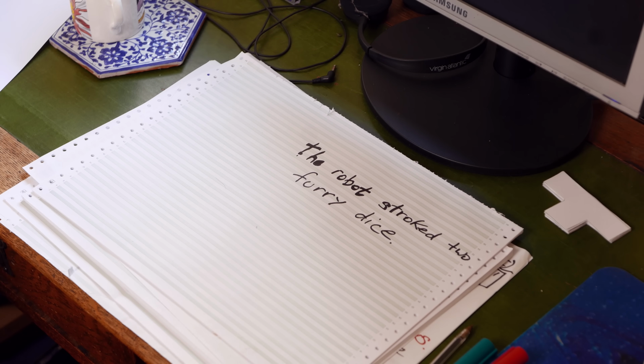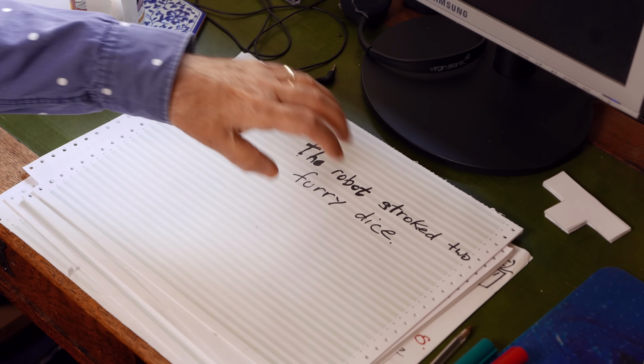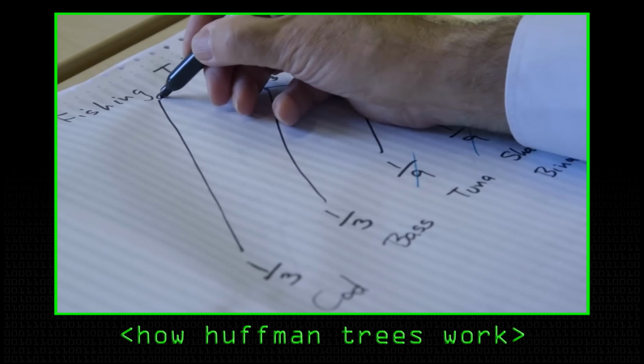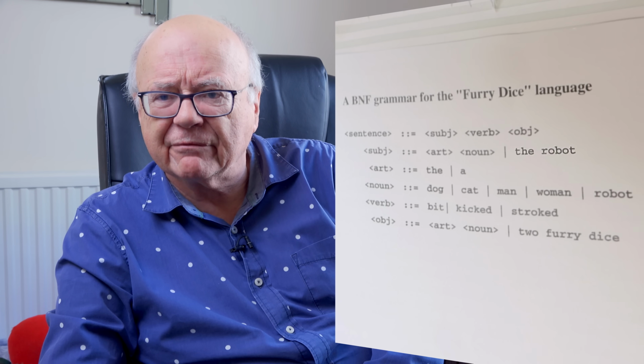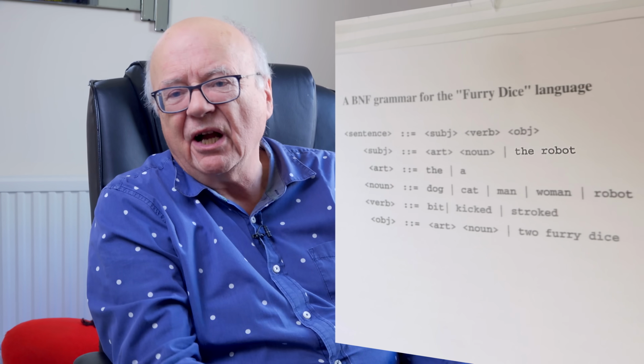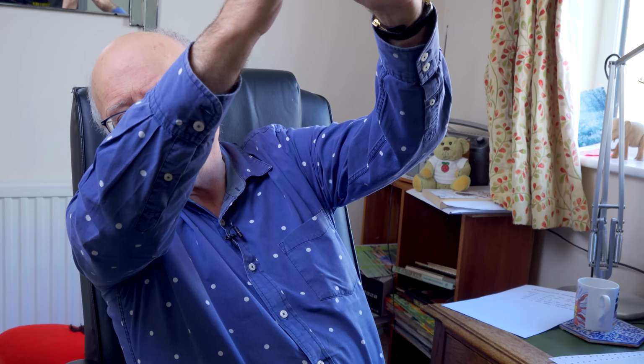Now, you can either start with the string, which we've got here, and start trying to group things together and work upwards. Now, we all know about trees. We're computer scientists. The root is at the top. The leaves are at the bottom. They're always upside down. Do we start with the leaves and say, oh, the robot stroked? Oh, the robot, looking sideways at the grammar, I can see there's a shortcut for the robot. Shall I start coming from the string upwards and see if I end up back at the root of the tree? Or shall I start at the root of the tree and say I must have a subject, then a verb, then an object? Can I see anything that could likely be the start of a subject?